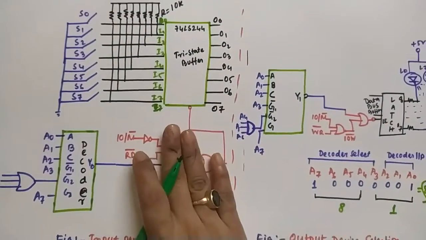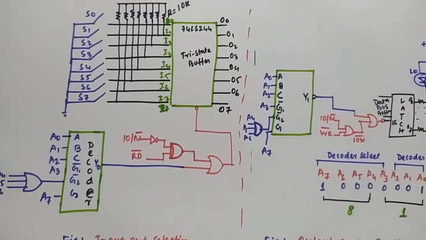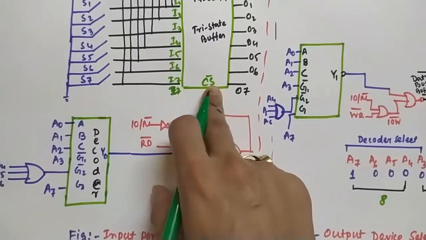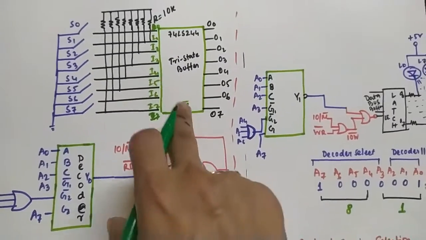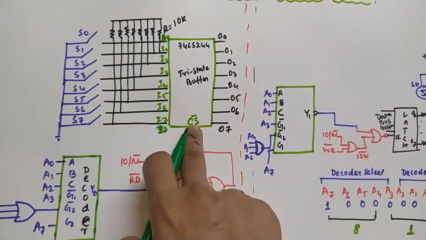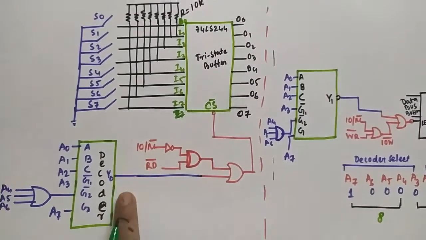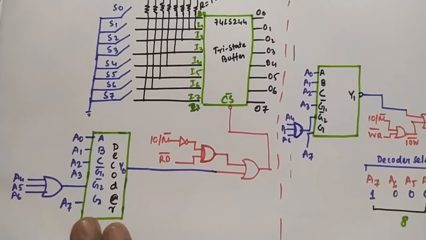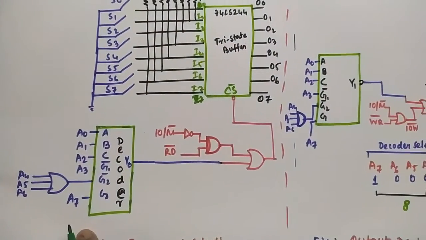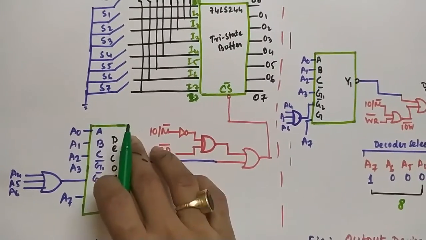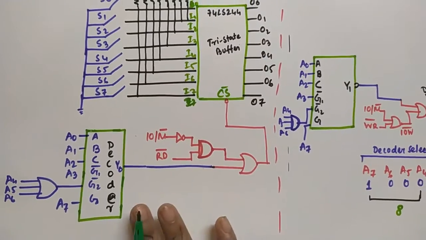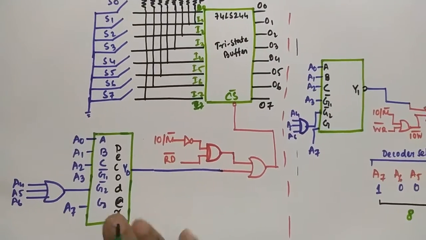Okay. Now for this tri-state buffer to be activated, the chip selection is going on. So we have to understand how this particular chip selection is going on. At first, in the first stage, we have to select or generate a chip selection signal. The first part is our decoder unit. Basically a 4 to 8, 4 to 16 or 3 to 8 decoder must be used in this type